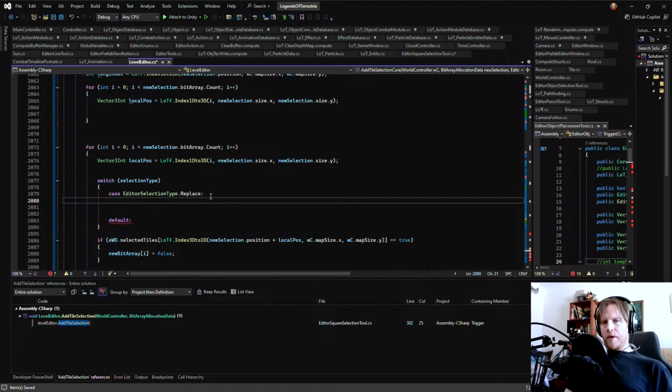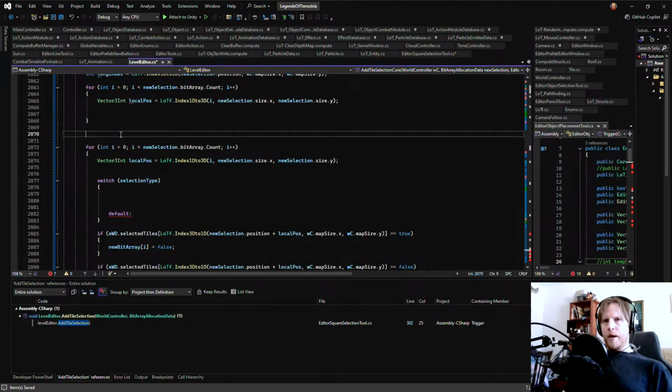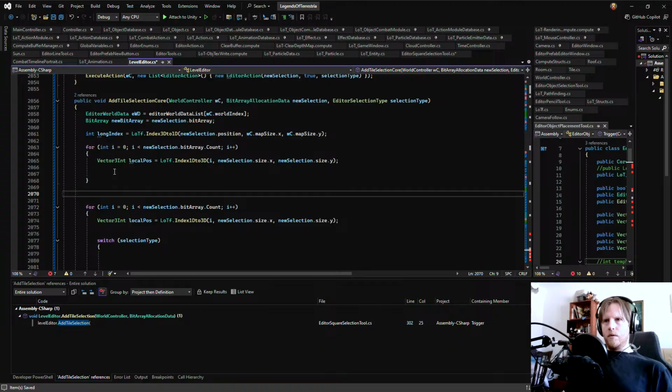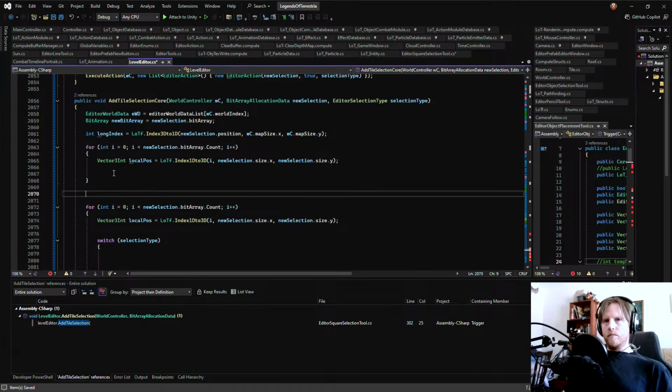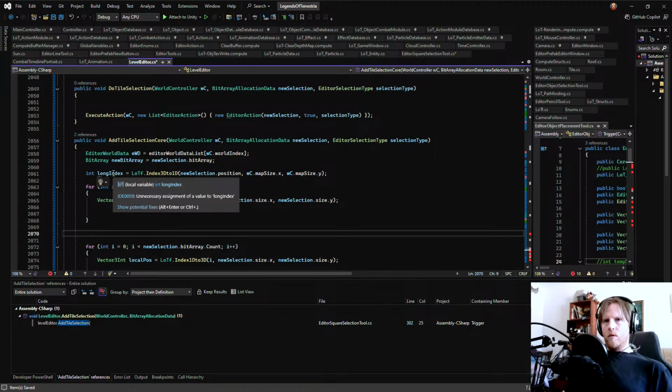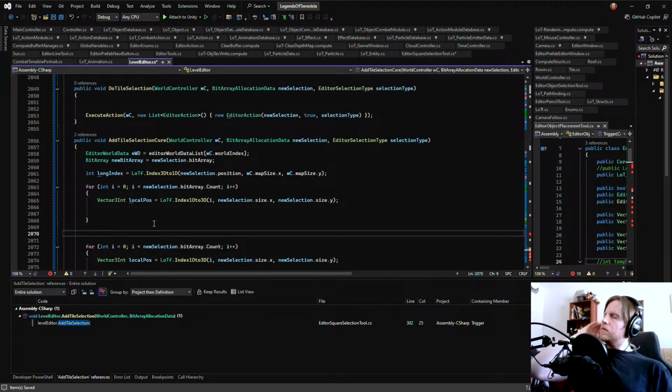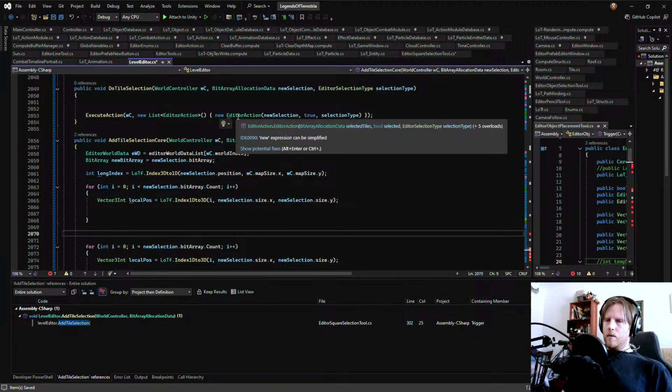Then we do case replace, but actually that shouldn't be here. A replace. Replace, fuck me. Editor action, new selection.